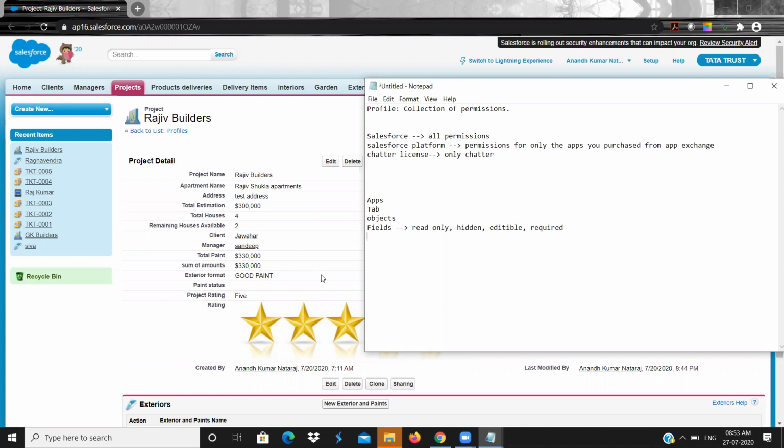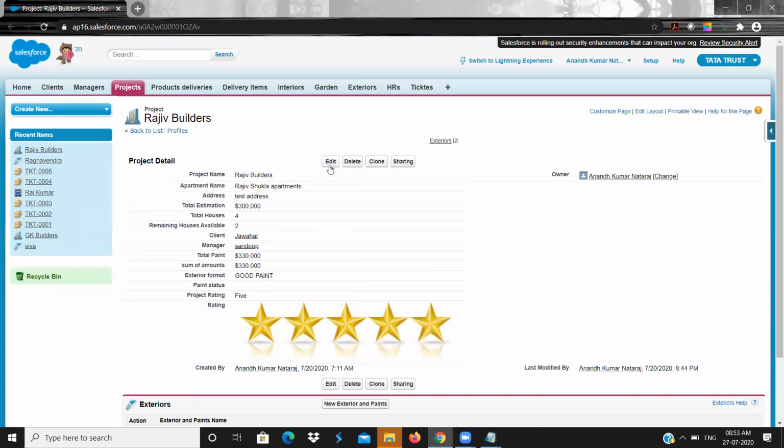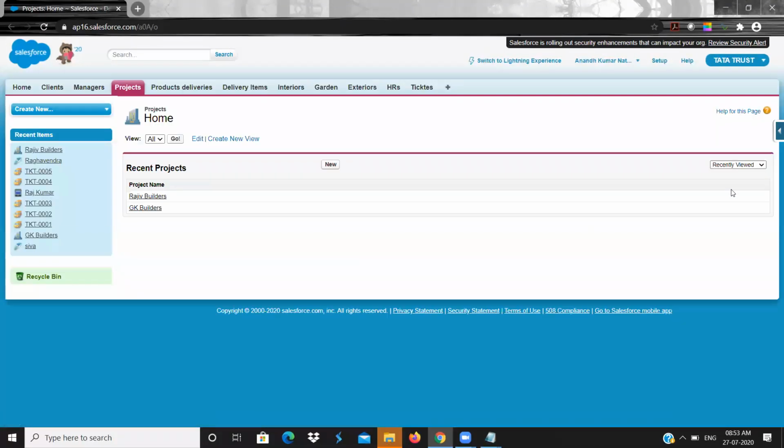Apart from that, what you can do is, and these buttons and all, if you don't give edit permission, if you don't give delete permission, this record will not be deleted. The user cannot delete. If you did not give create permission in the object, the new button will not come.